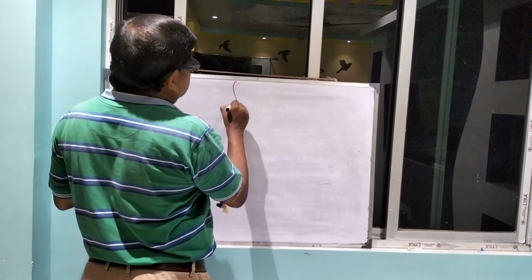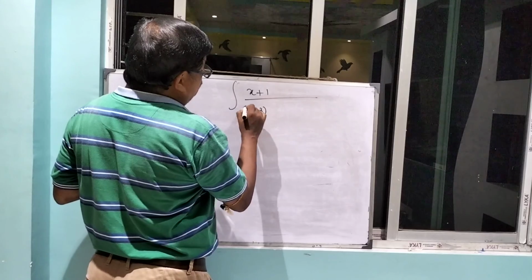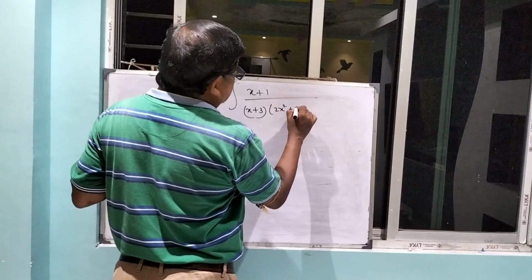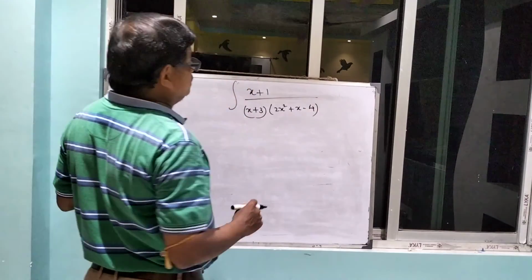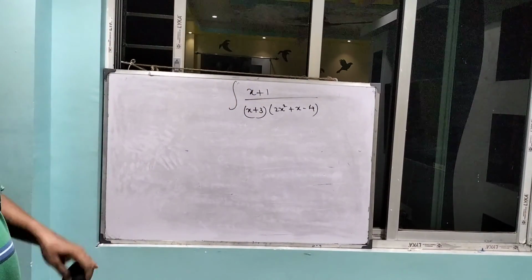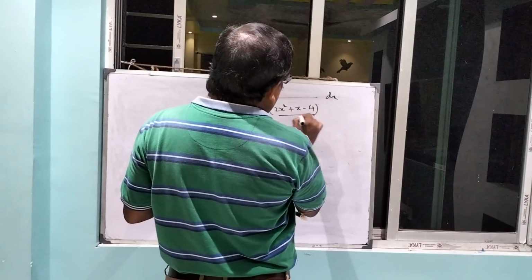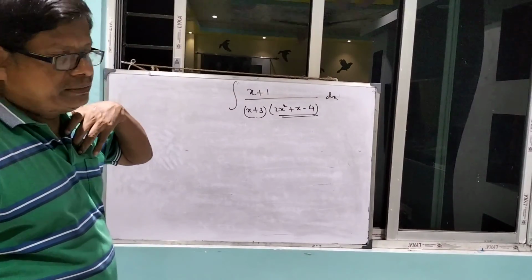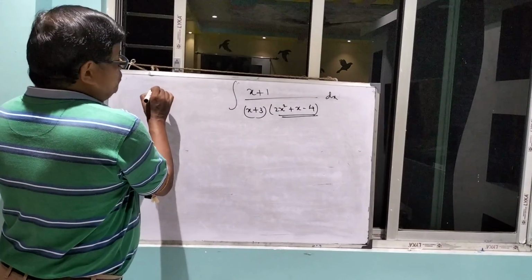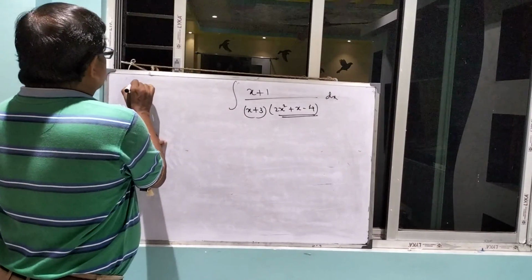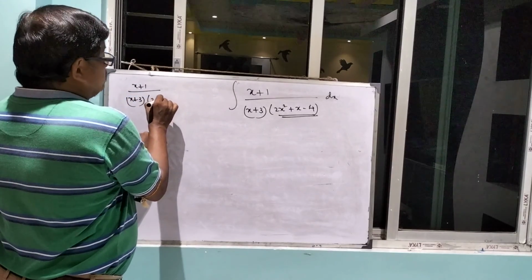Some integration, right? The integral of (x plus 1) by (x plus 3)(2x square plus x minus 4) dx. So this is not factorization. You cannot do the factors. So write (x plus 1) by (x plus 3)(2x square plus